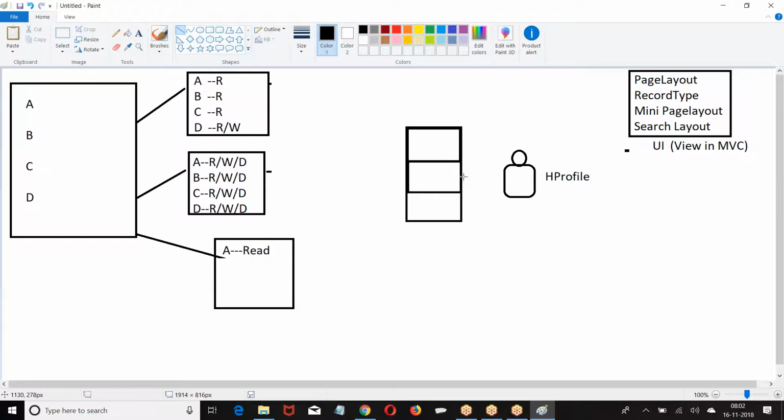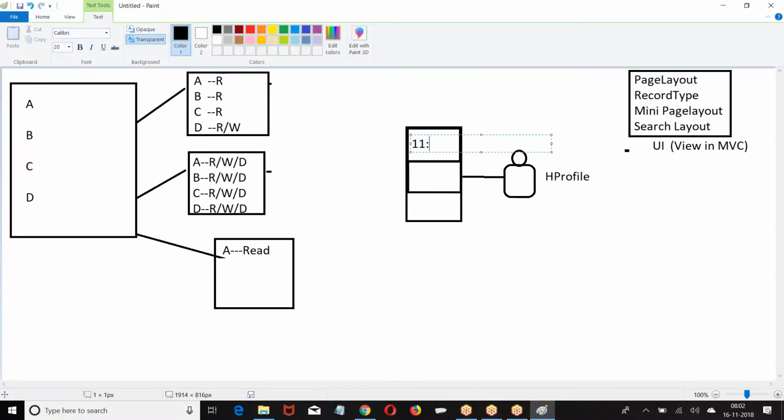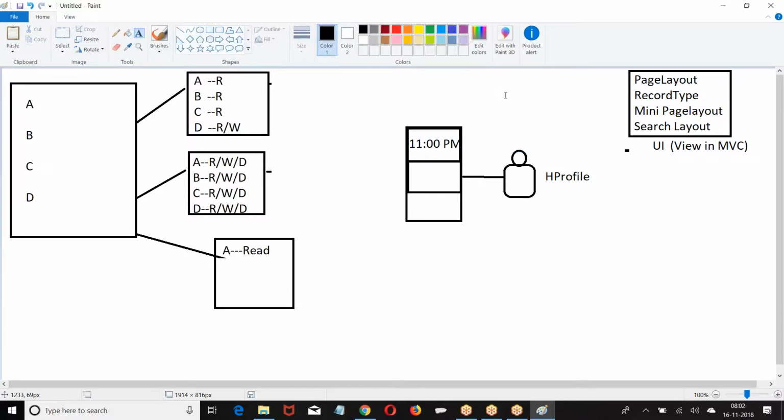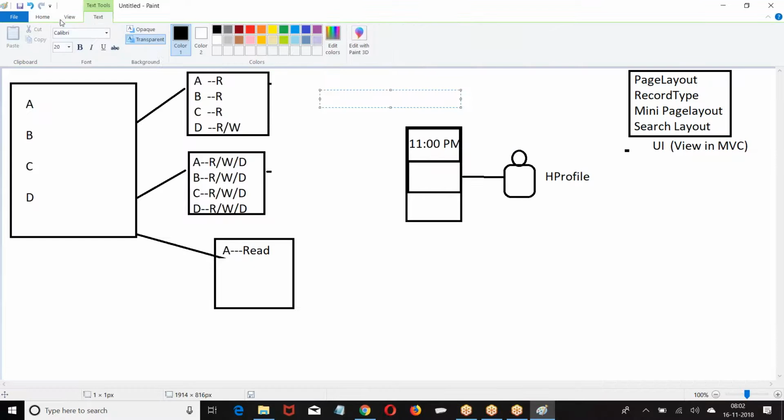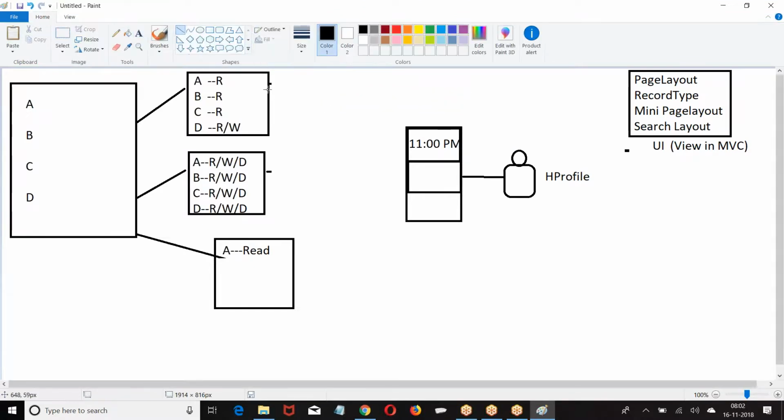Previously, what was the concept? One person, one page layout. This person will have this page layout; this is how you can see. But now the concept is slightly extended. This husband comes to the house at 11 p.m. without informing that he will be late. Then the treatment at the house will be different.